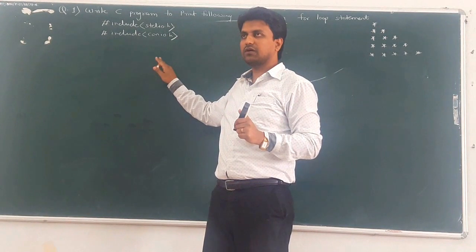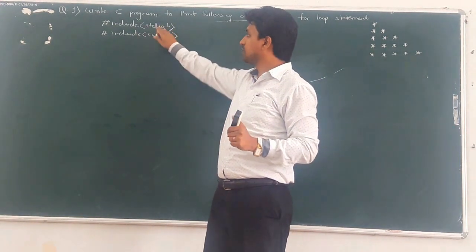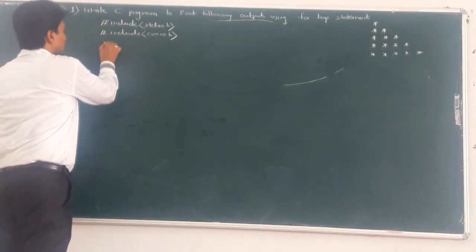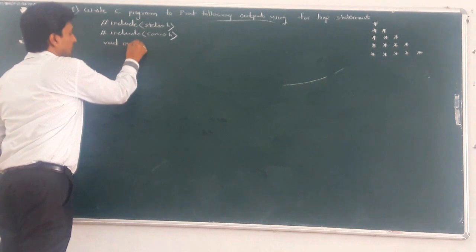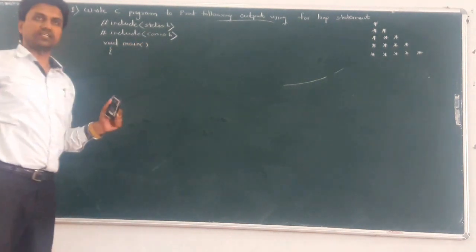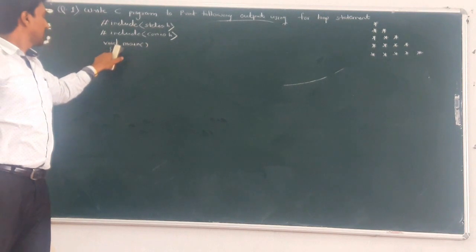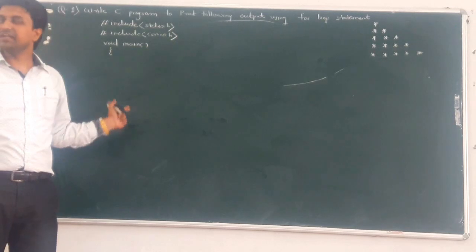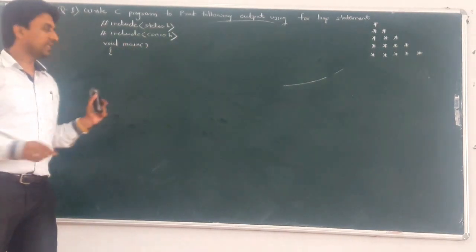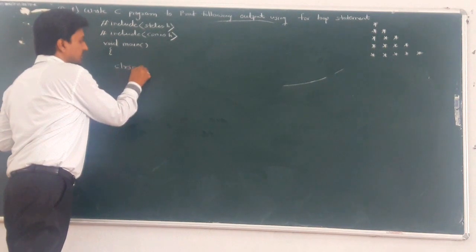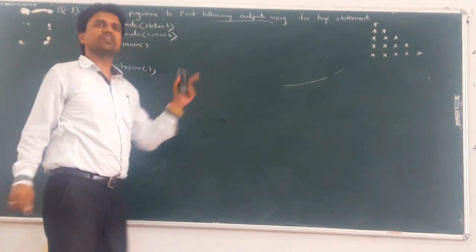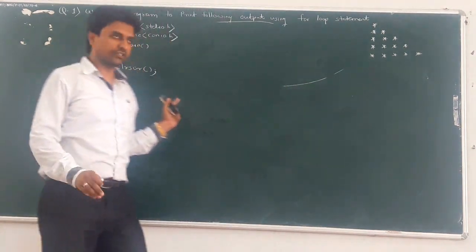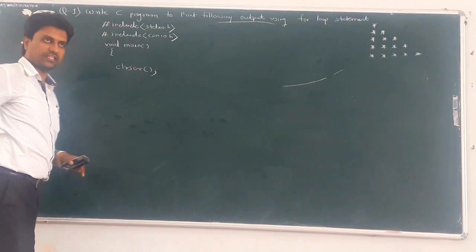The first structural part of the program is to include header files. After that, write your main function. So void main, from where your program gets started. Third, after that, the declaration statements. Clear? So we decide the variables. When required, we can declare the variables. Next, clear screen. Whatever previous output was printed on your text mode window or console gets erased by this built-in function clear screen.